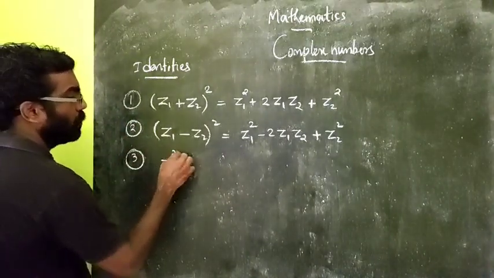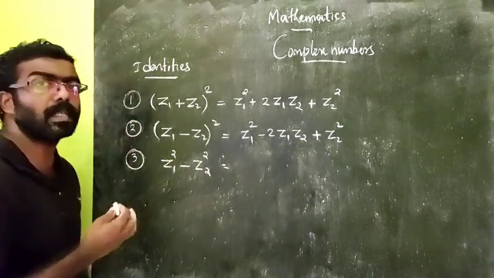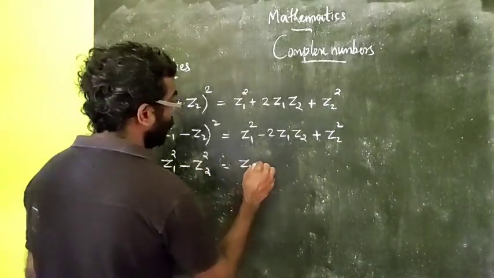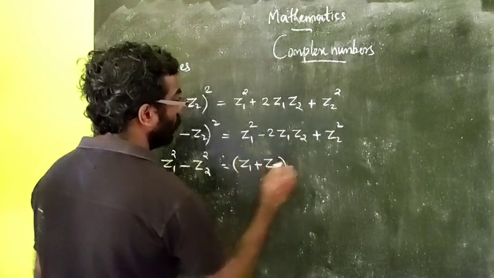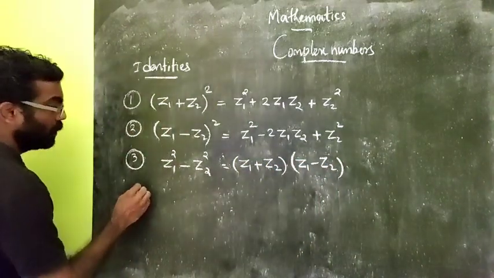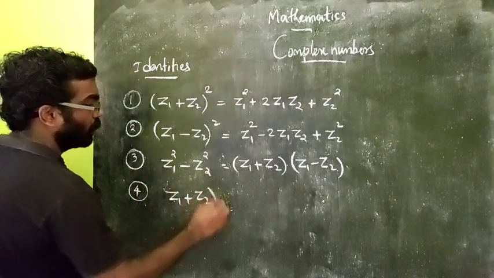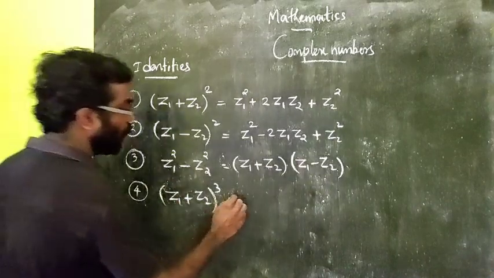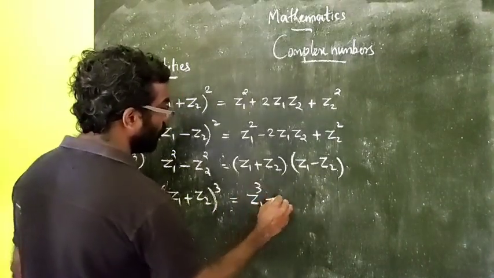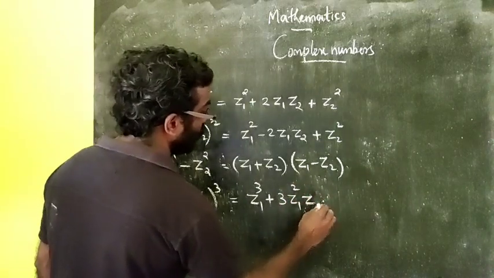And z1 square minus z2 square, like a square minus b square, a plus b into a minus b, is z1 plus z2 into z1 minus z2. And the next one is z1 plus z2 the whole cube, like a plus b the whole cube. Okay, so z1 cube plus 3 z1 square z2